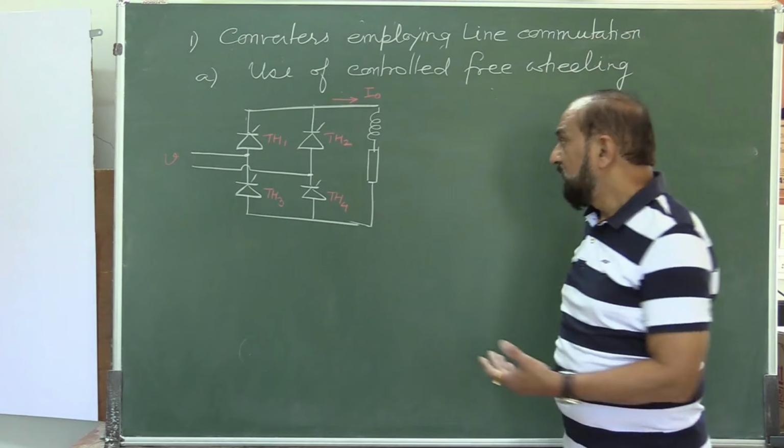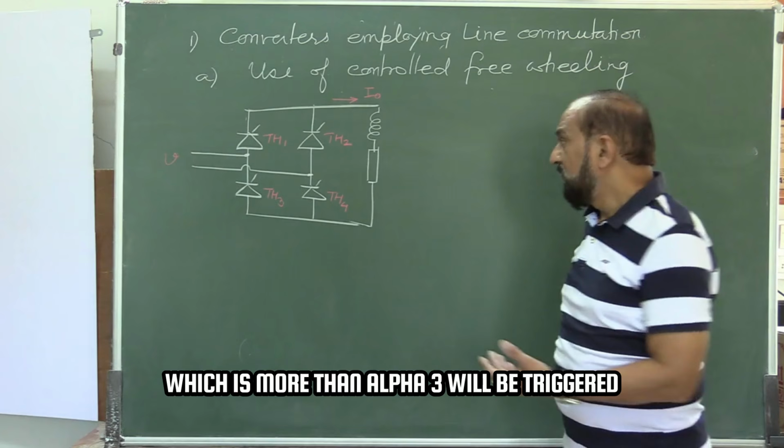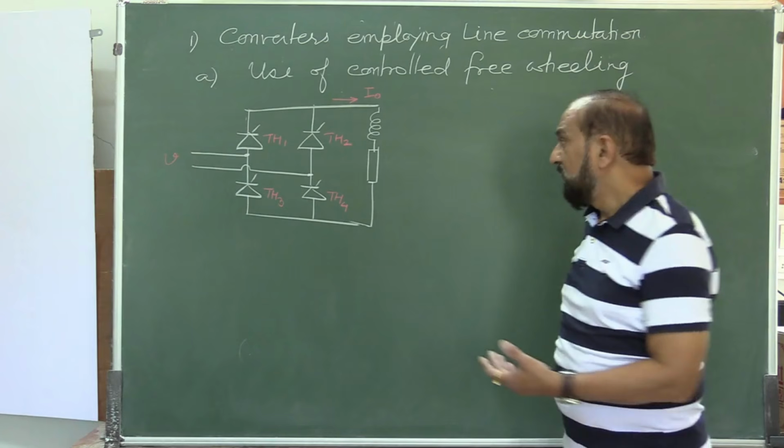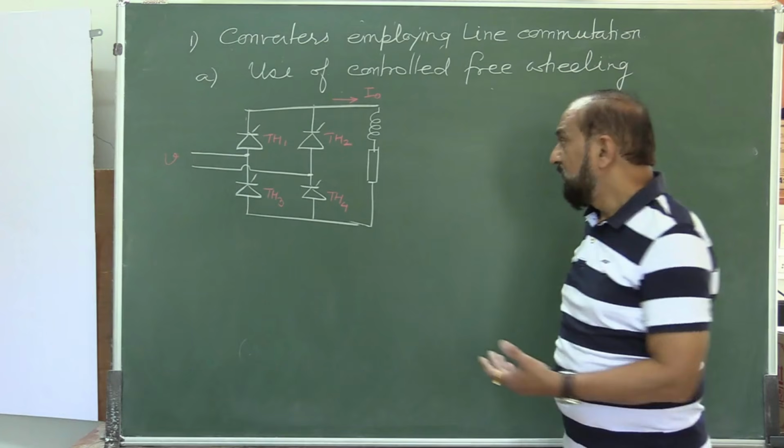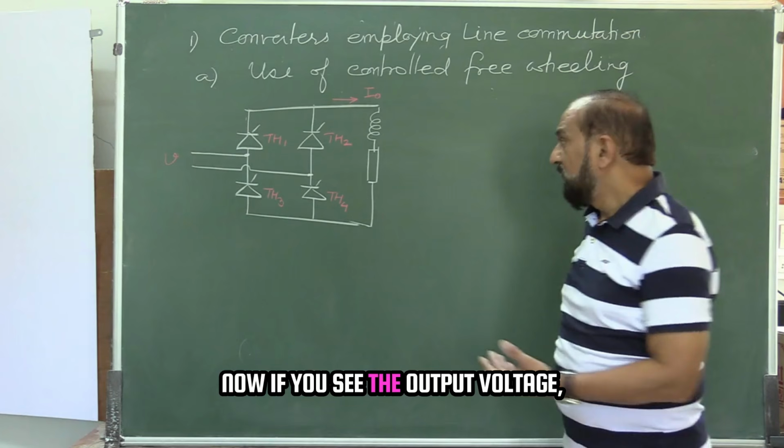What about 3 and 4? 4 will be triggered in the positive half cycle at an angle alpha 2. Alpha 2 is, let us say, somewhere here, which is more than alpha 1. 3 will be triggered in the negative half cycle at an angle alpha 2. So the firing pulses of the 4 devices are like this. Now if you see the output voltage,